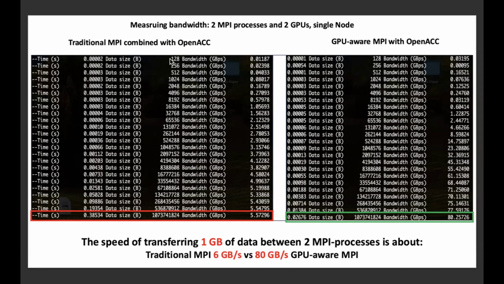On the left side, you have the traditional MPI compiled with OpenACC, and on the right side, you have the GPU-aware MPI. One thing that you will notice here is that if you are operating with a small size of data, you basically wouldn't see any big difference. And that is trivial because the network is really fast, and small data wouldn't impact